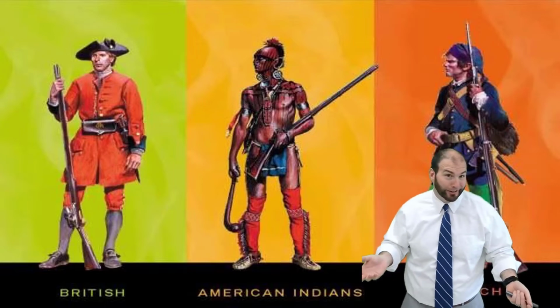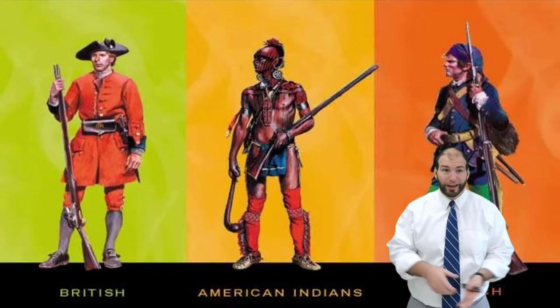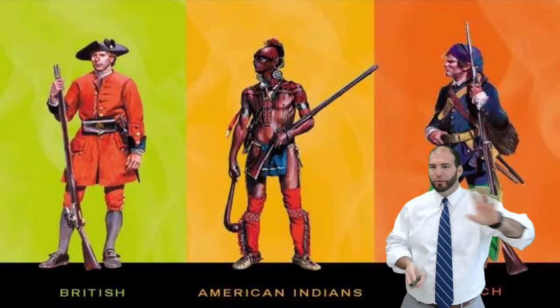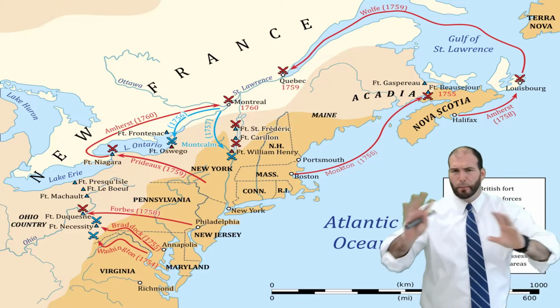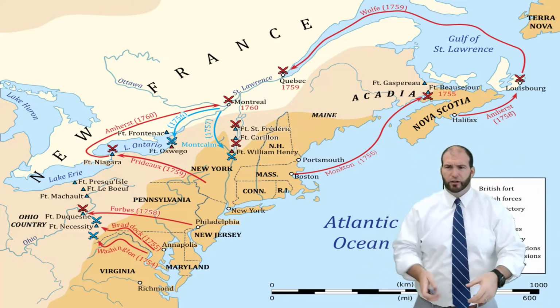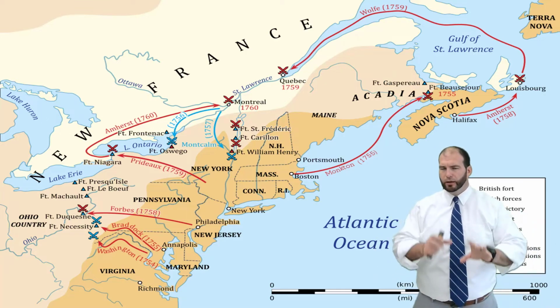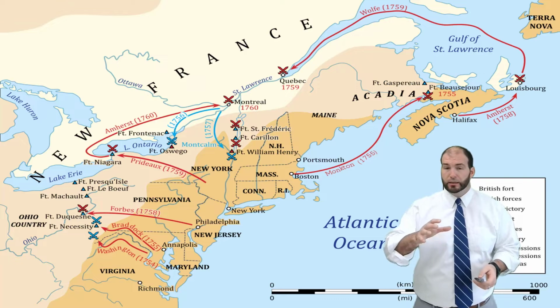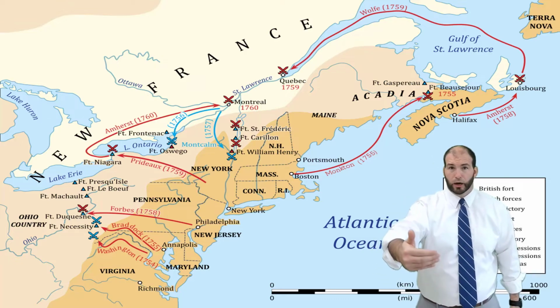If you notice here, you know who's not fighting? The colonists, right? They're just out working in their fields, doing their normal thing, and there's all this fighting taking place around them. So there's quite a few big battles between the French and Indians and the English. What you need to know about this, the important takeaway, is that the English are going to win. They're going to effectively defeat the French.